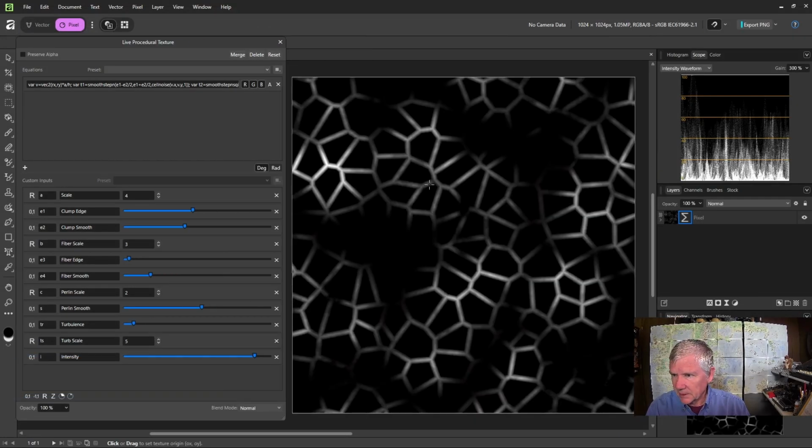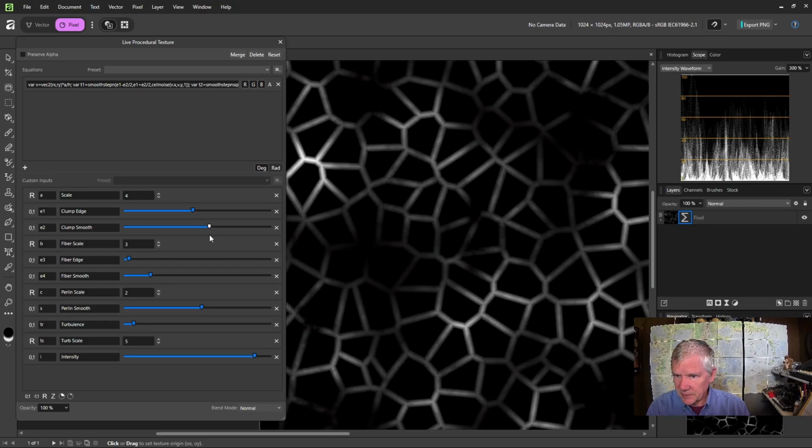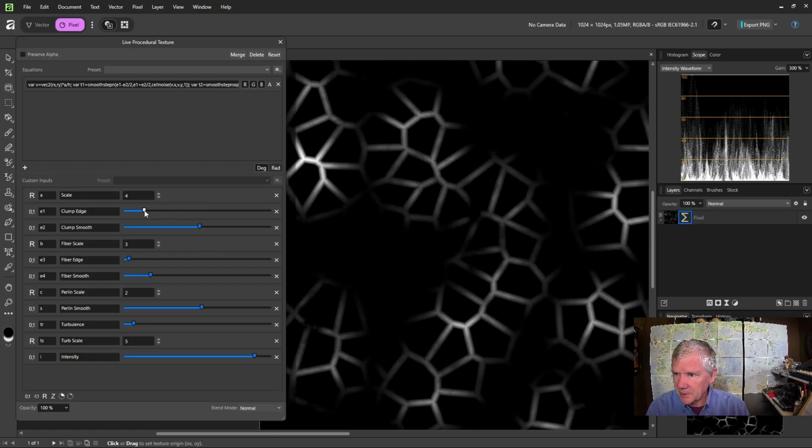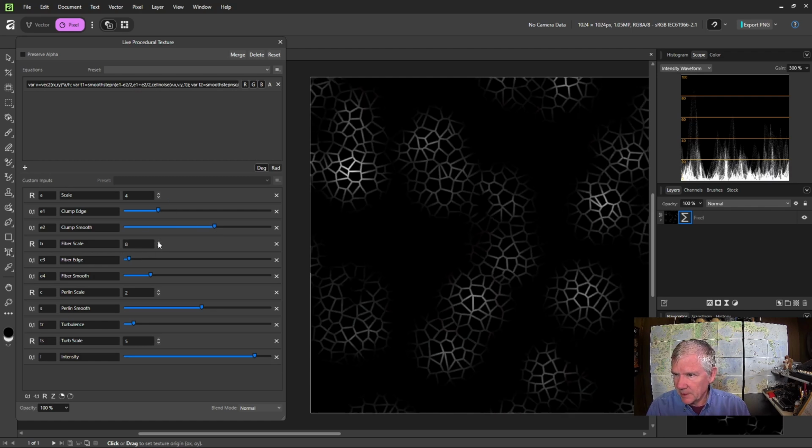And let's take a look at that. So there's my overall factor. And I can't adjust the amount of each one really, but I can adjust the smoothness factor and the edge. So there are my little clumps. Now I think I want the clumps to be quite a bit bigger than my fibers. So I'm going to increase this quite a bit. So there are the little fibers in there